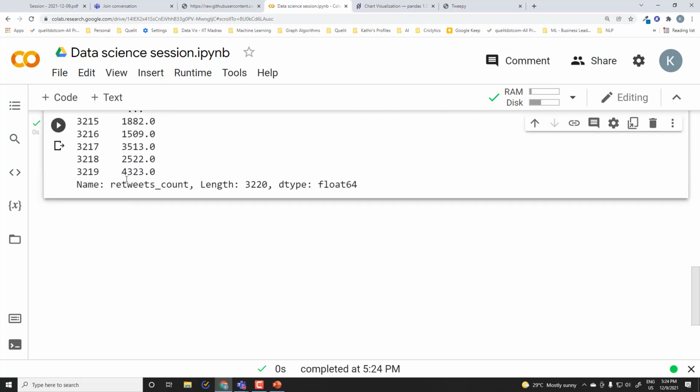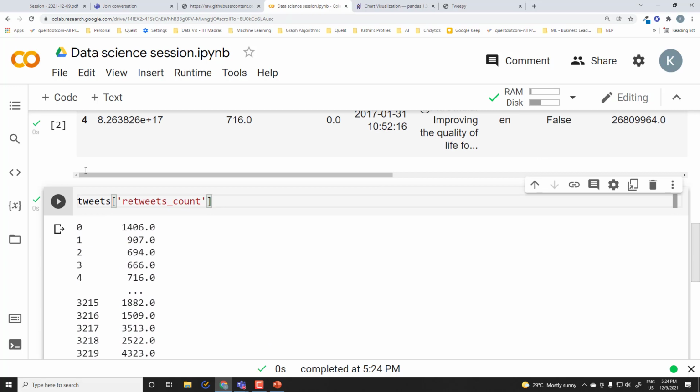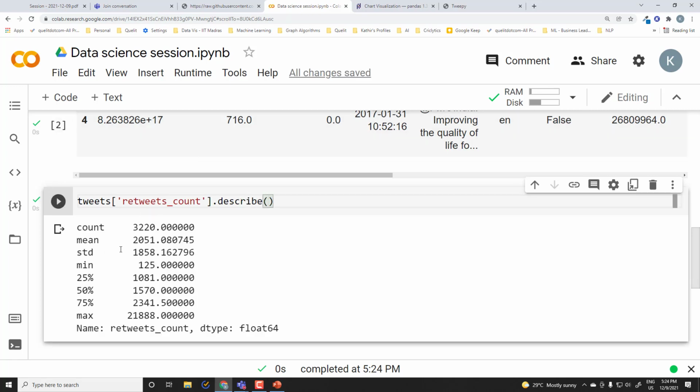So close to 3220 tweets we have. Now if I want to summarize this numerical column, I can just say dot describe, and this gives me what is the average retweets, which is around 2000, what is the minimum number of retweets, which is 125, maximum number of retweets for a particular tweet is around 21,000.